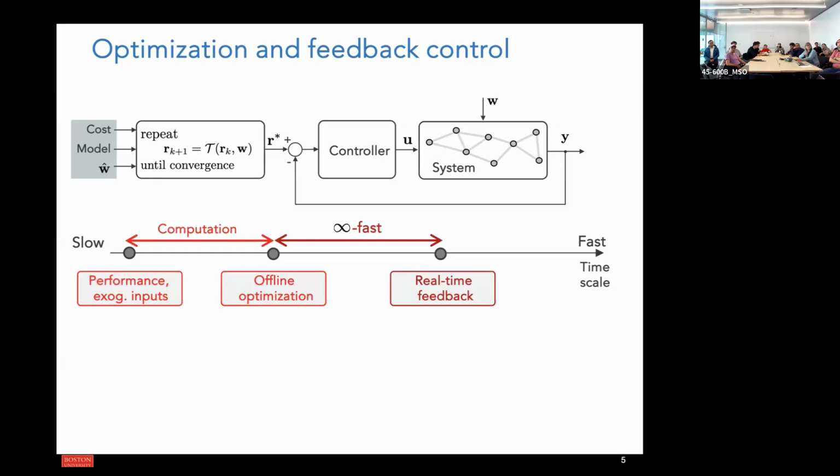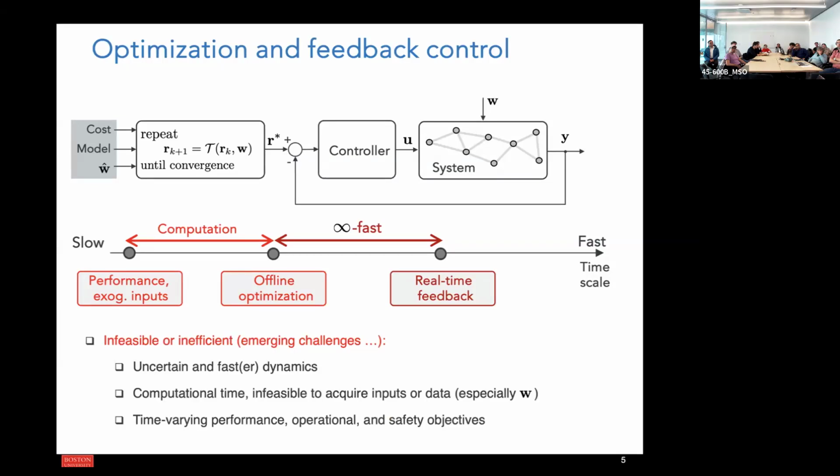So inherently, we have a time scale separation between all these tools, right? And in particular, we need to be in a situation where we have enough time to solve this optimization problem to convergence, right? So we have time for computation and sensing. And when we solve this problem here, we look at everything downstream as something infinitely fast. We look at the steady state operation of our system plus the controller.